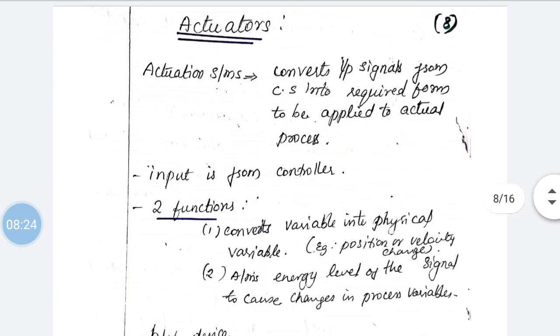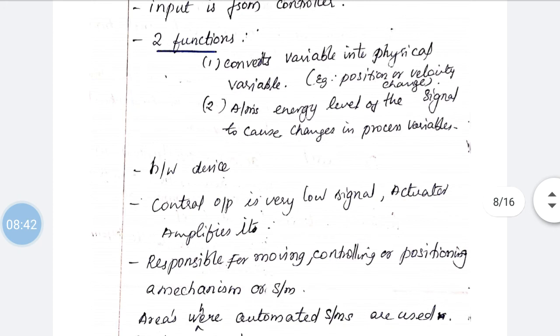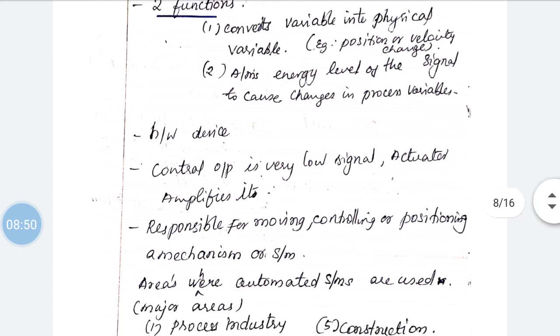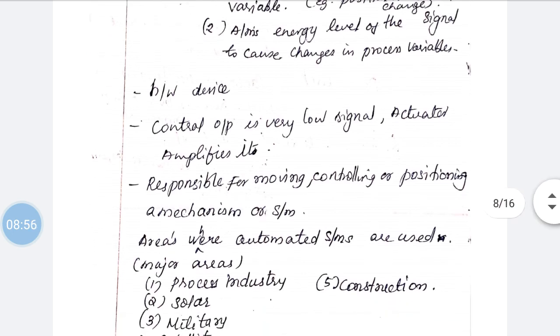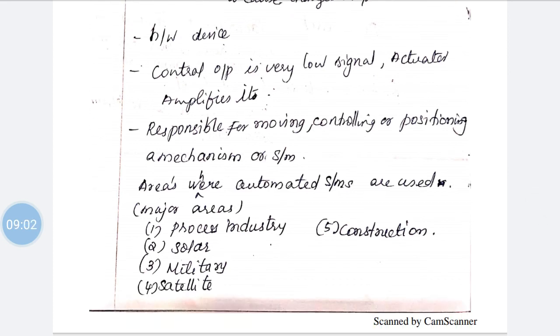Next is actuators. The actuation system converts input signals from the control system into the required form to be applied to the actual process, that is the plant, and the input is from the controller. The actuators have input from the controllers and two functions: it converts variables into physical variables, that is into a position, velocity change, etc., and it amplifies the energy levels of the signals to cause changes in process variables. It is a hardware device, and the control output is a very low signal. The actuator amplifies its